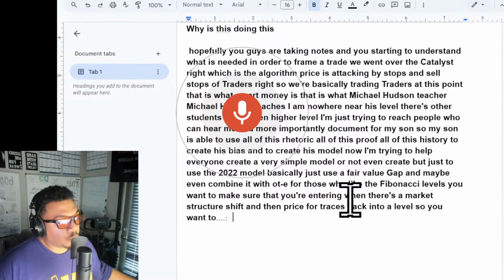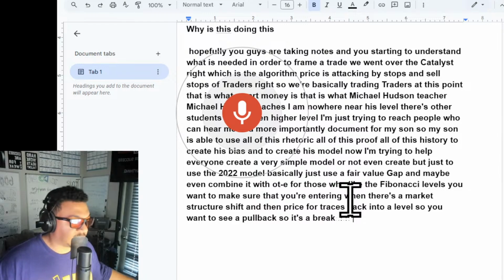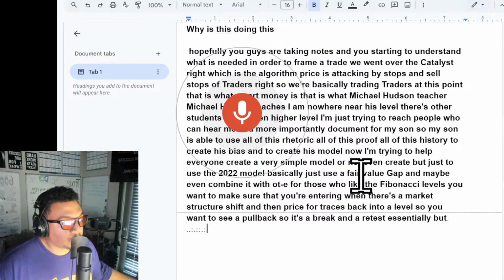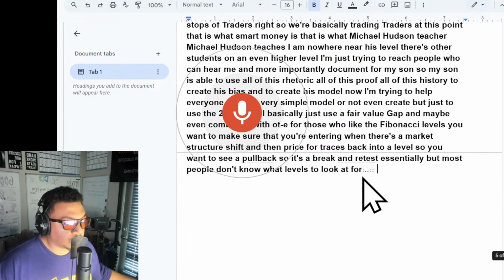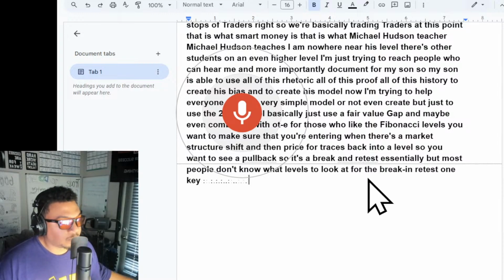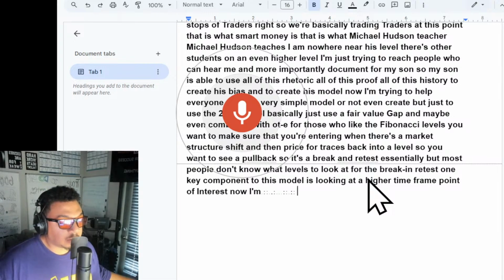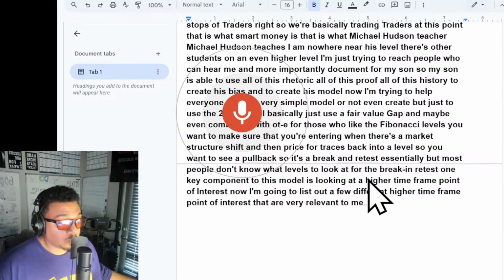So you want to see a pullback. So it's a break and retest essentially, but most people don't know what levels to look at for the break and retest. One key component to this model is looking at a higher time frame point of interest. Now I'm going to list out a few different higher time frame points of interest that are very relevant to me. The first one is